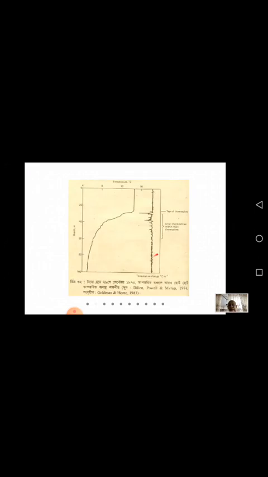So you see that this is the thermocline, and apparently we can say that there is no movement. But you see that there are some oscillations inside the thermocline, and these oscillations could be seen only by keeping a very sensitive instrument. We can find this kind of oscillation. Though it looks like a straight line, as if there is no oscillation here, after many measurements we can find that actually in the thermocline there are a lot of